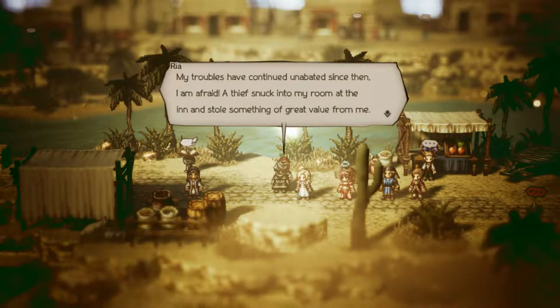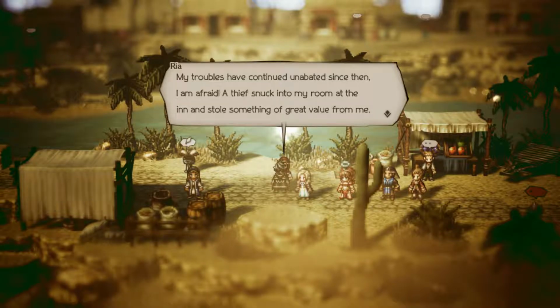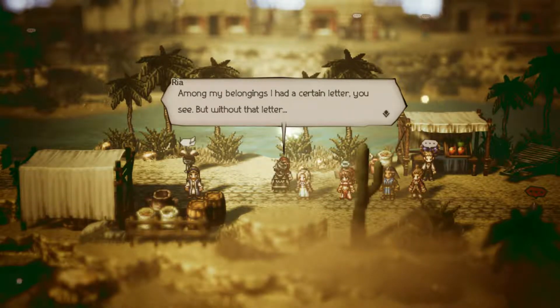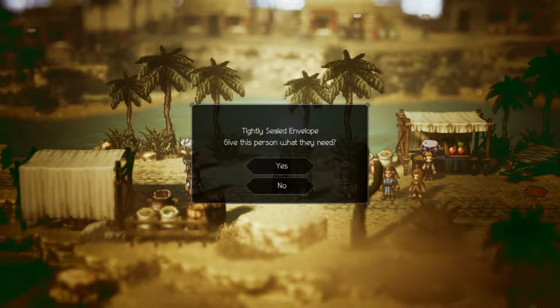My troubles have continued unabated since then, I am afraid. A thief snuck into my room at the inn and stole something of great value from me. Among my belongings, I had a certain letter, you see, but without that letter,